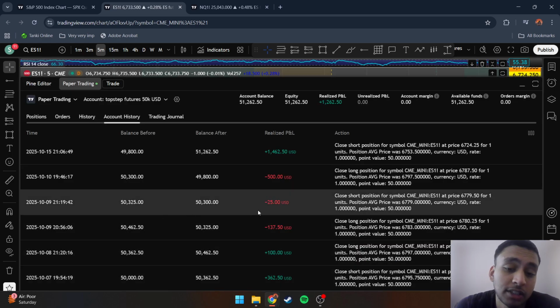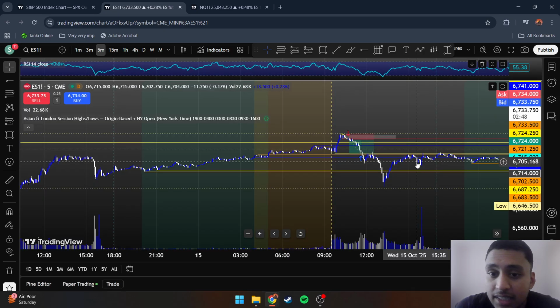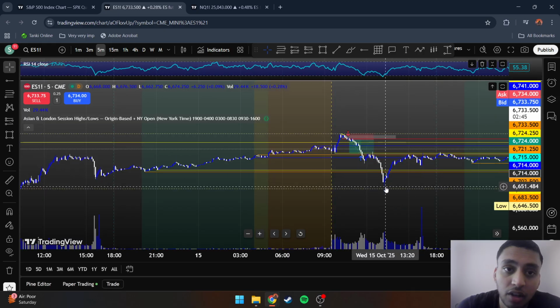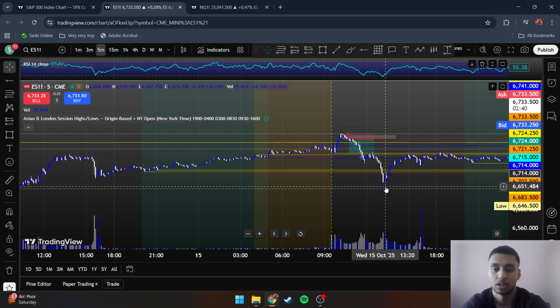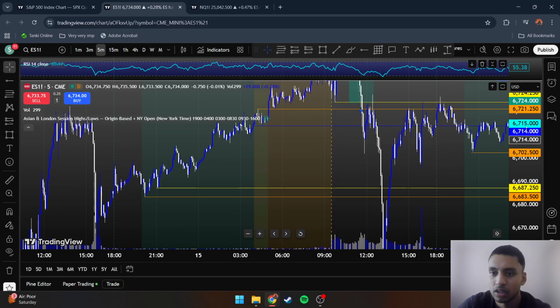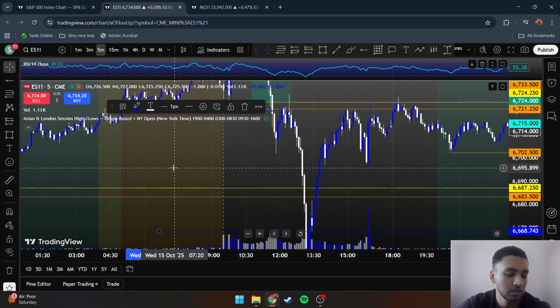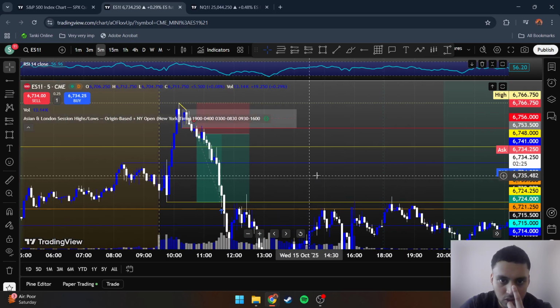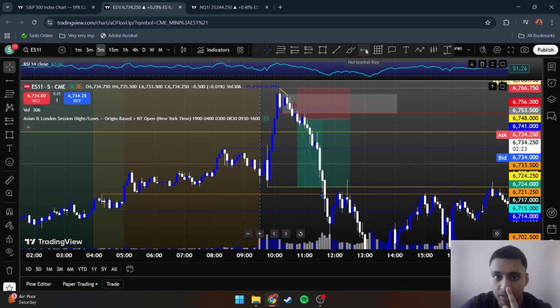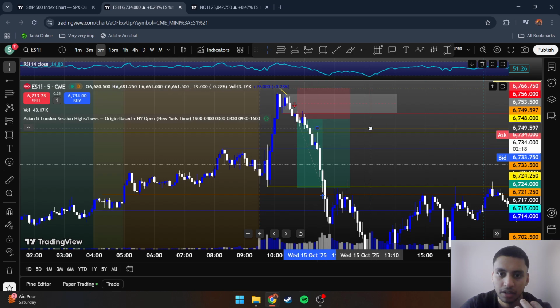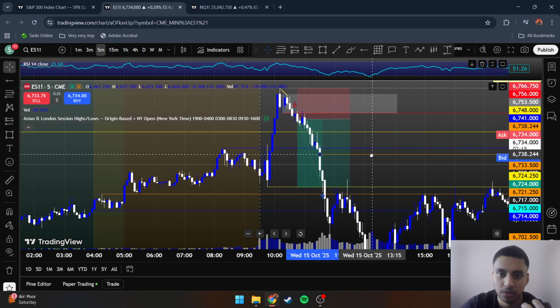Yeah, I'm gonna keep it as real as possible, and I would have extended my TPs to like here if it was a live account or I already passed the evaluation on the Top Step account. So obviously I would have extended till here. I would have kept my stop loss above here, like the trailing stop loss. I would have kept it here, and then I would have kept switching it to, you see this fair